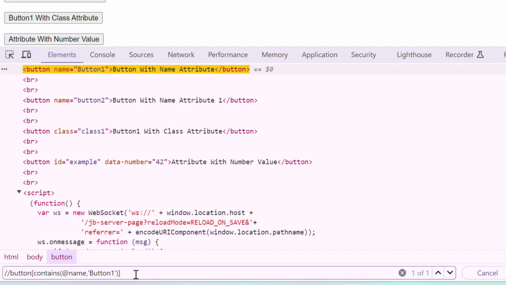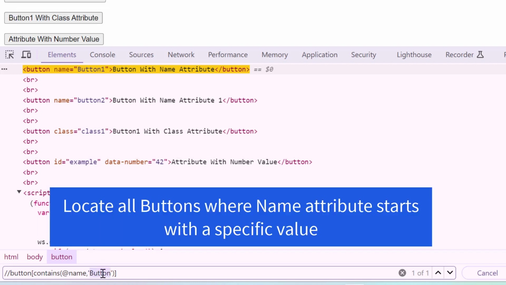So this XPath will give you the button where we have the name attribute and the value of the name attribute contains button1. Here we have button1, so it is highlighting. If you remove 1, then also it is going to highlight because the value is button1 and we are looking for only button. Similarly, if your attribute value has a pattern like it is starting with some specific character, then